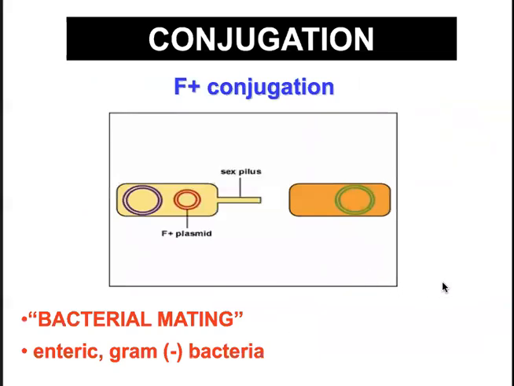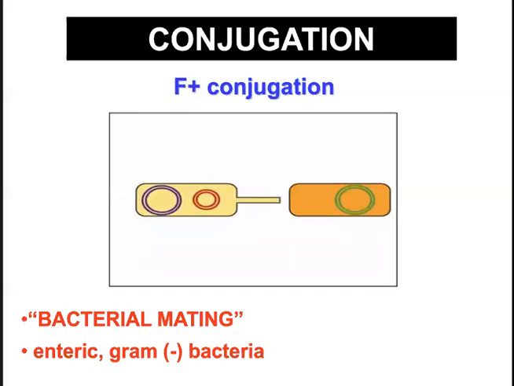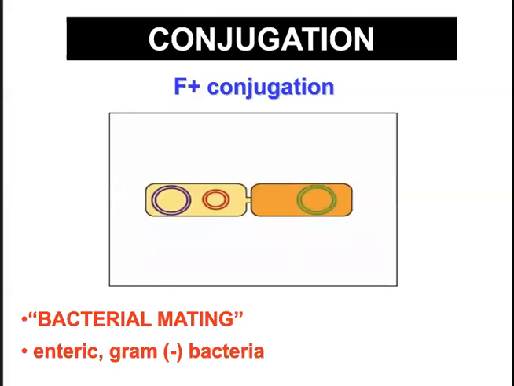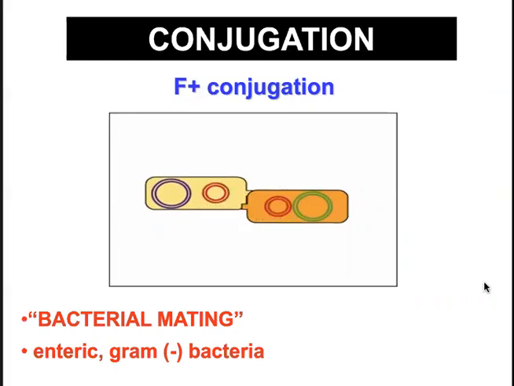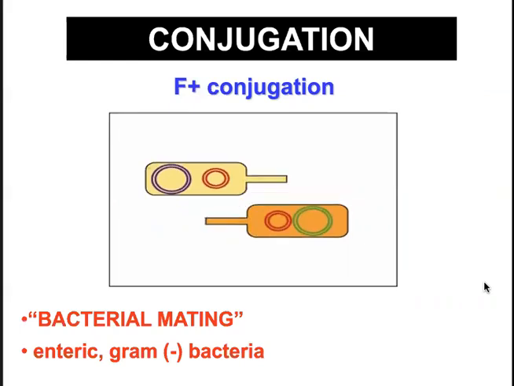So for this, we have the F plus conjugation. Okay, so this is bacterial mating, bacterial copulation. This usually occurs in enteric or gram-negative bacteria. Okay, so in this flash photo, you'll see,